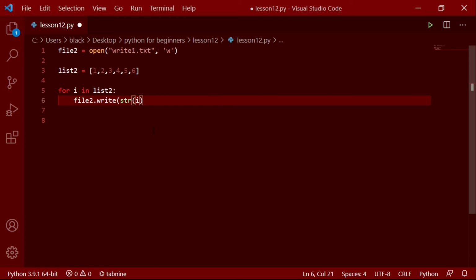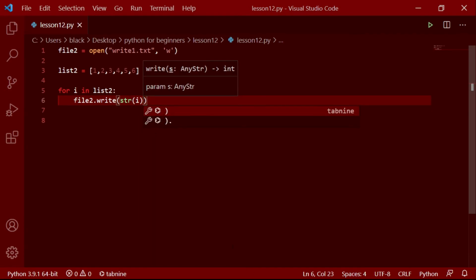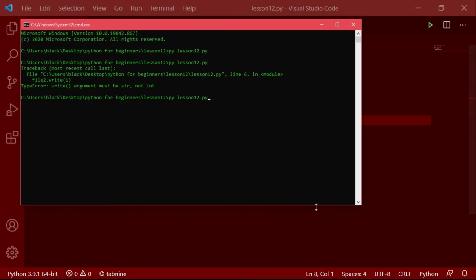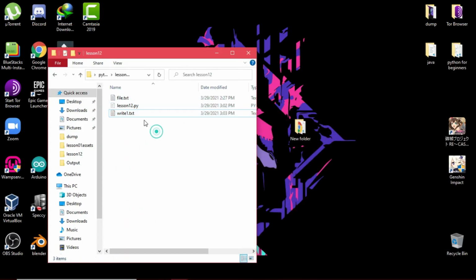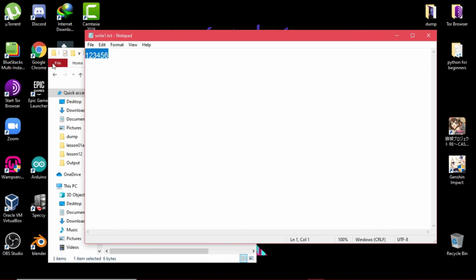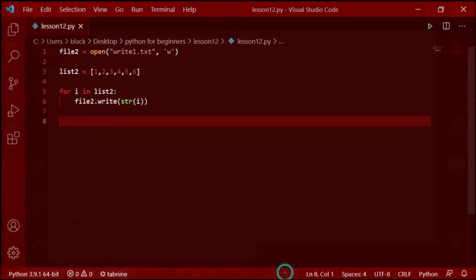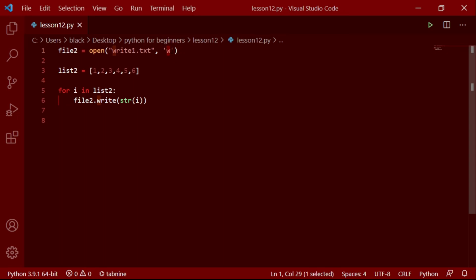So we use this str function, and if we run it again, we will see no output. But if we go to the file, there is our number. And before this thing, there was ABC 1 2 3, and it is removed. And that happens because of this write attribute. If we give here the append attribute, which is a, it will append whatever we are going to write into that file with the things that are already in that file.